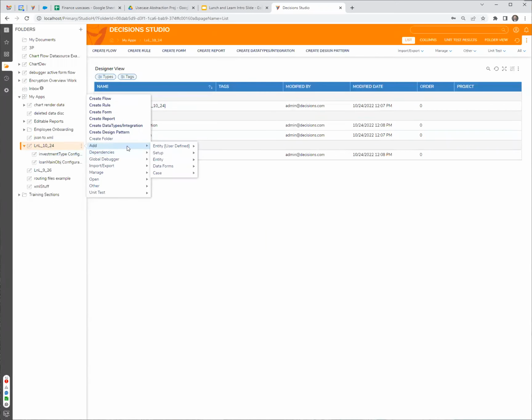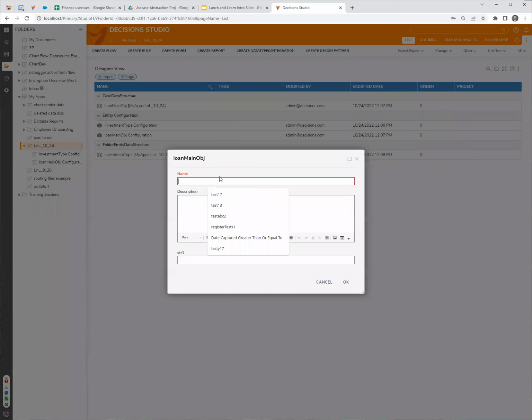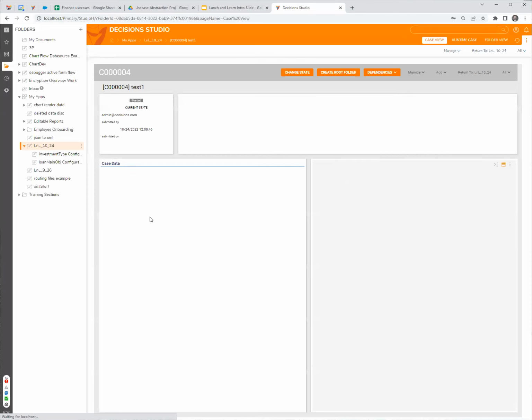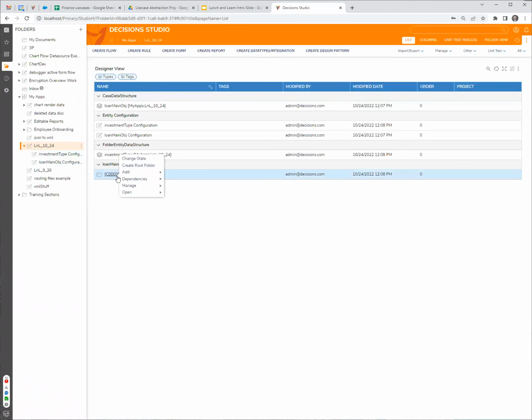Let me create a case, which is the loan main object. Just call this thing test one. And if I look at that, add, yeah, so there is, let me